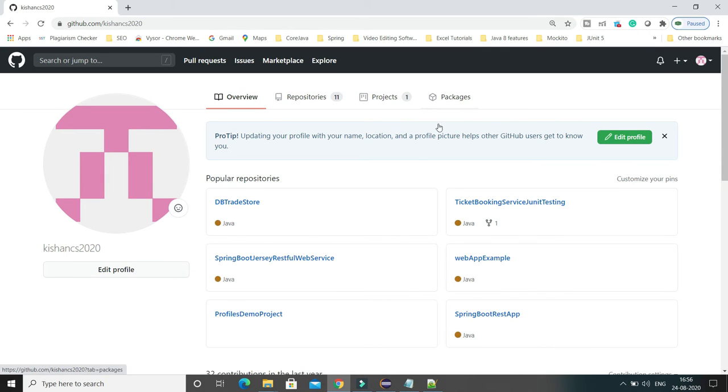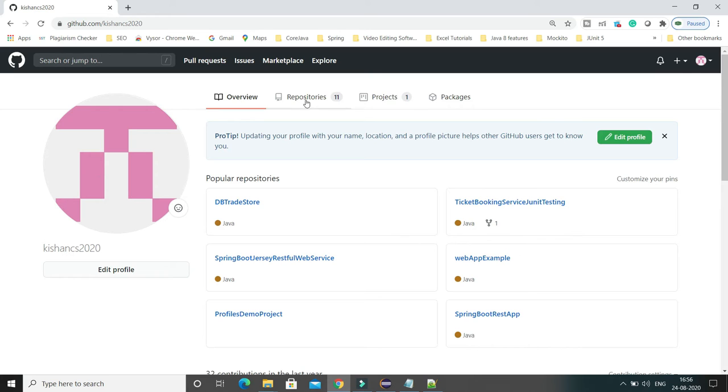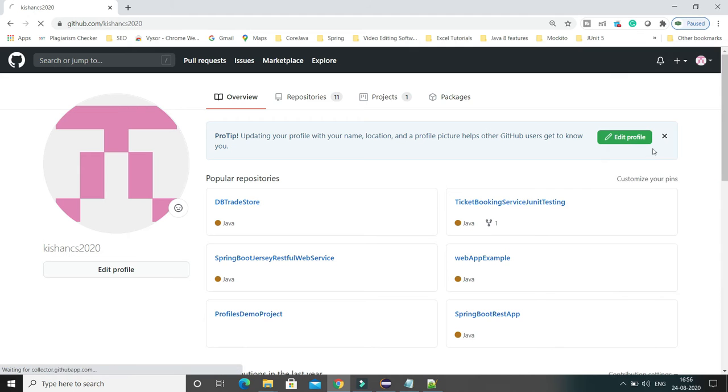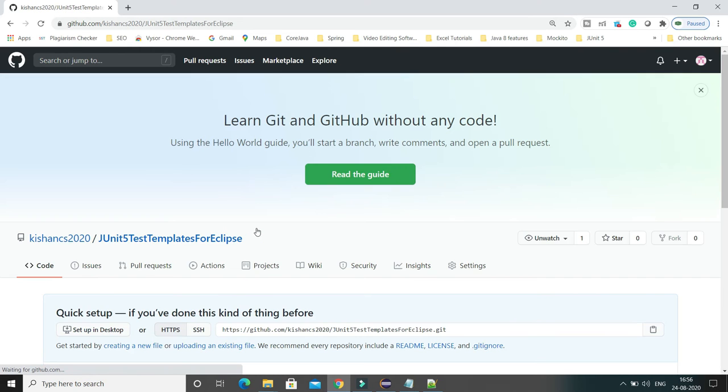Here I have just created the repository, where has that guy gone? So I'll go to my repositories, your repositories, and here I have just created this, right?